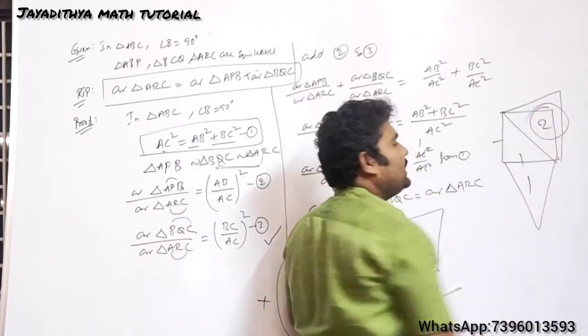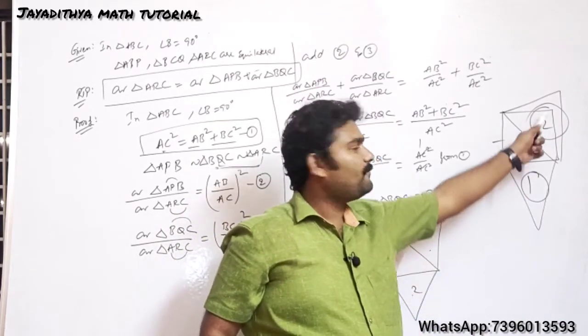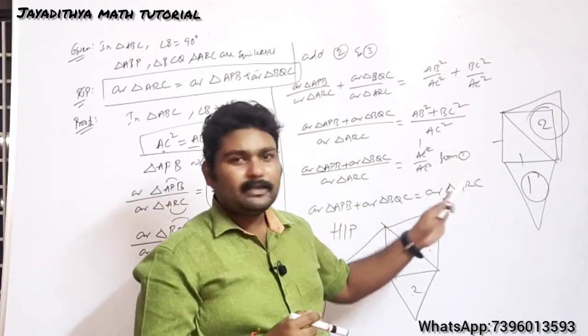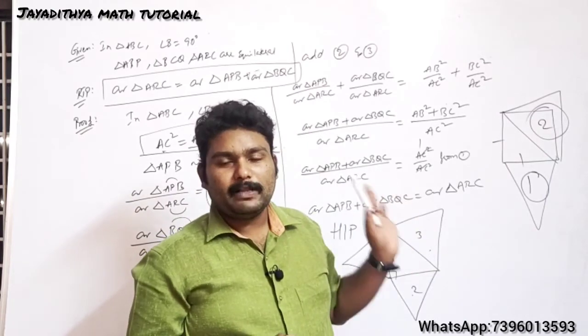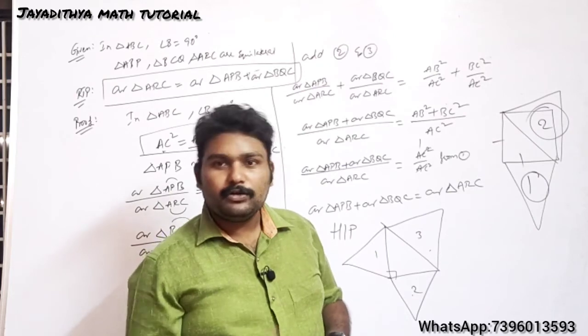So if its area is two parts and if its area is one part, obviously you can say that the area of this triangle is half of the bigger one. So you can solve this one. It is the same as the 12th problem. Okay, try to solve this one. If you have any doubts, do comment in the comment section. I will explain once again.